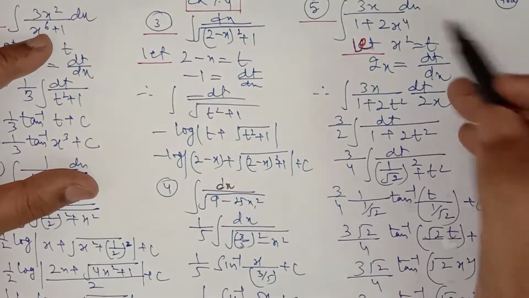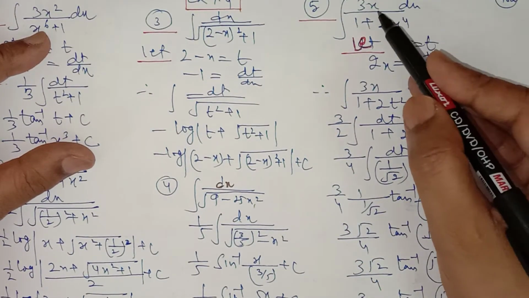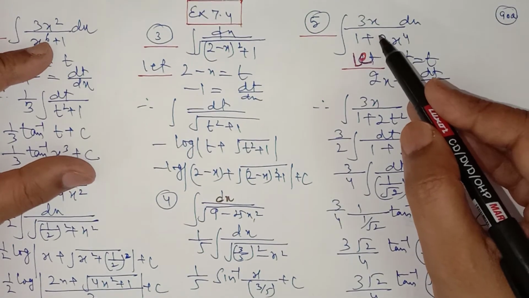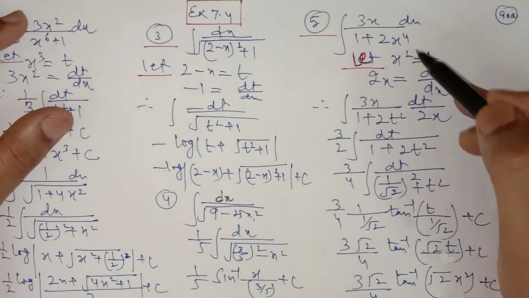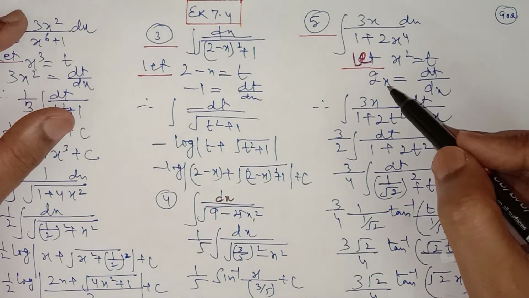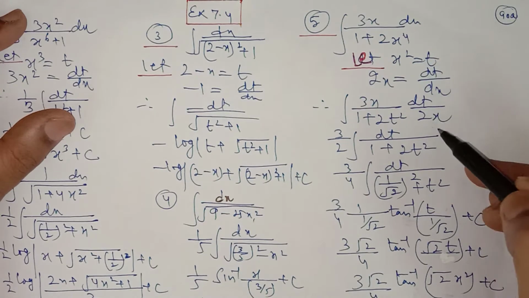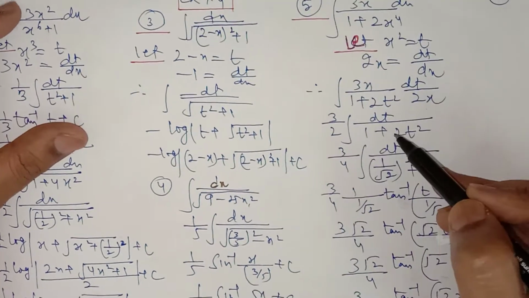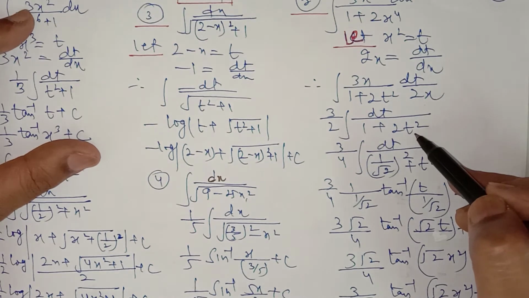Question number 5, it is clearly seen that you have to let x square is equal to t because we have x here. When you have done the exercise on integration by substitution, you will easily tell what terms you have to let. So x square is equal to t, so dt upon dx will be equal to 2x, so x will be cancelled out when you put the value of dx. So dt upon 2x, x will be cancelled out, so it will become dt upon a square plus x square,